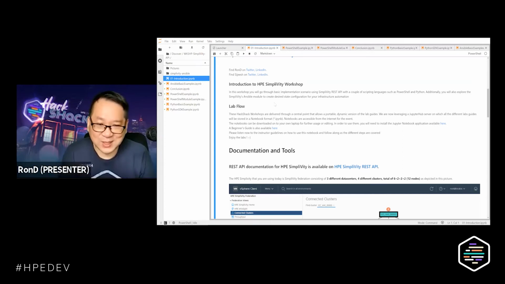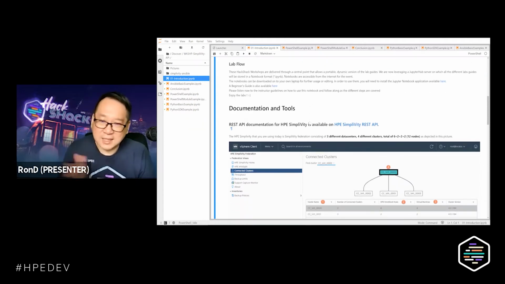I'll be honest with you, as we can actually see it, for doing testing to understand what they are, it's okay. But eventually, if you want to do automation, we want to go a little bit higher in terms of the language or scheme that we'll be using. The lab flow, as we're going through today, will follow the notebook one by one.